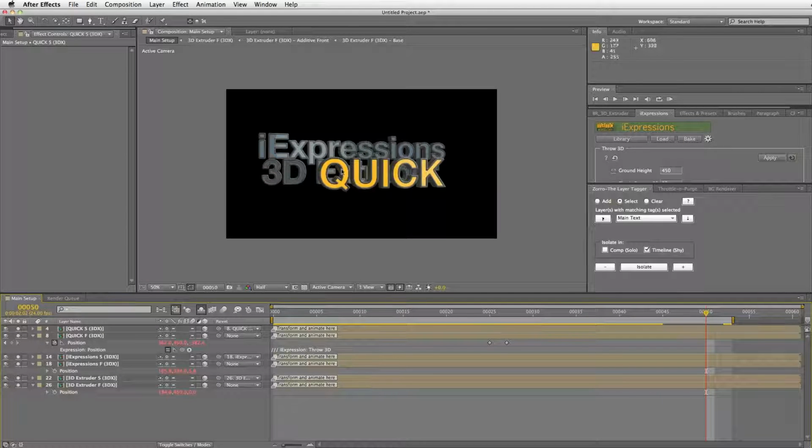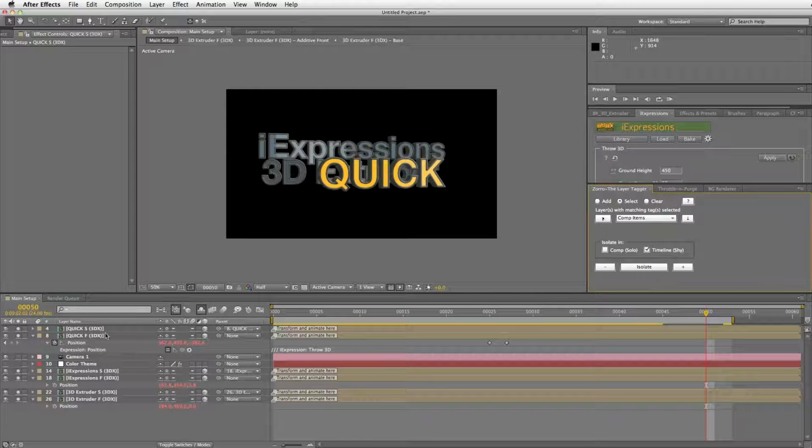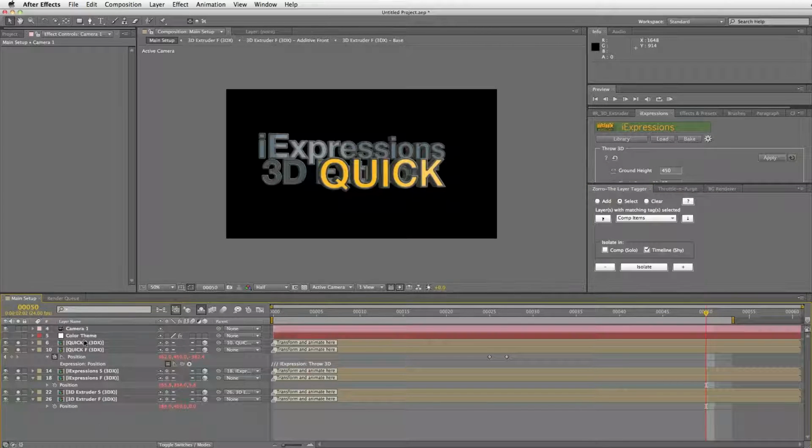So what I did in my animation is I had the camera kind of rotating around it, so you can do that by animating the camera. I'm going to bring that back. I'm just going to bring my comp items and add them. So here's the camera and the color theme, we can just bring these to the top. And the camera, again, you can either animate with the camera tool, or a nice, really easy trick